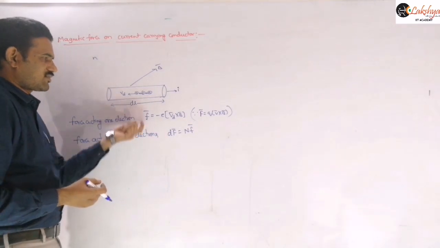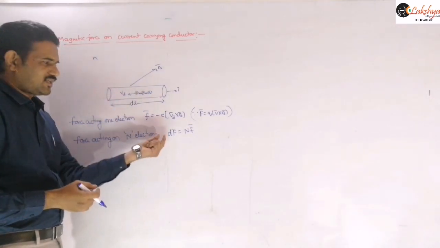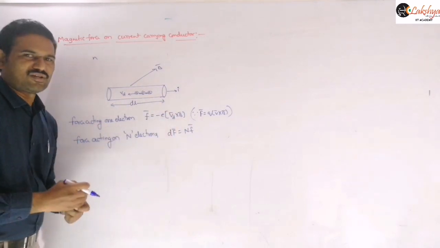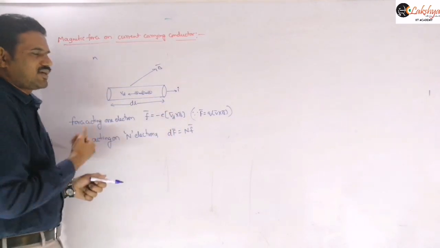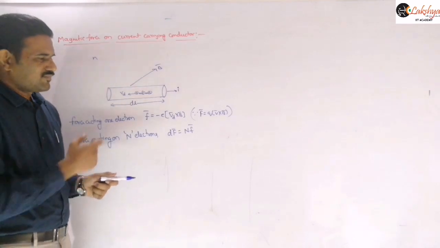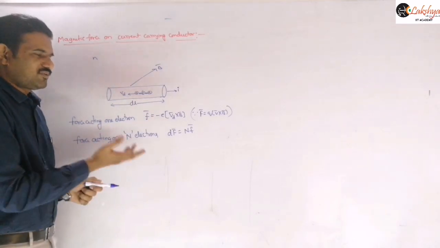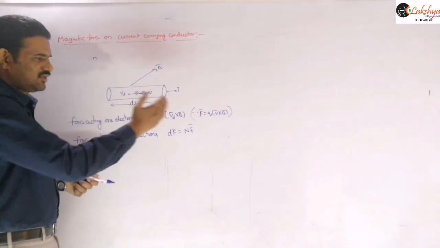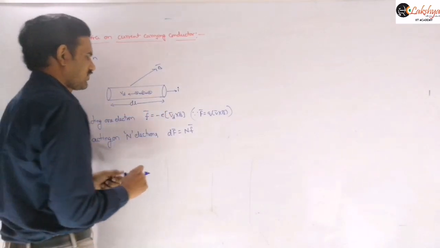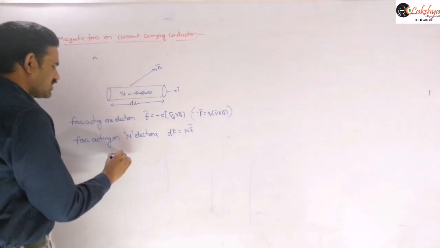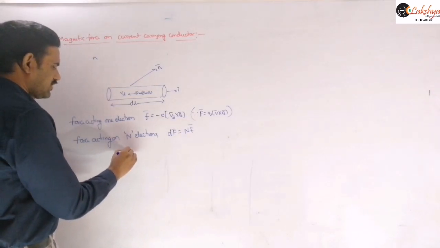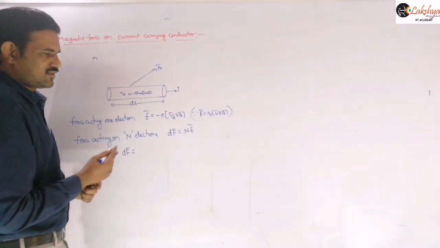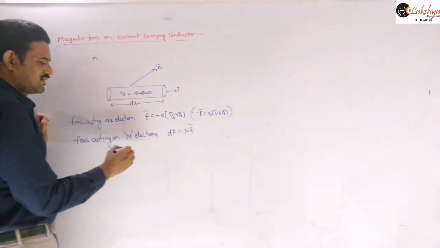df bar means the force on n electrons in the length of the conductor that I am taking. So we can write it as n times that of one electron, because all the electrons will have the drift velocity like that only, and so n into that force will be in the same direction. The force acting on each electron will be in the same direction. So we can write that as n times f. Therefore, df is equal to, now this n value we need to write here.